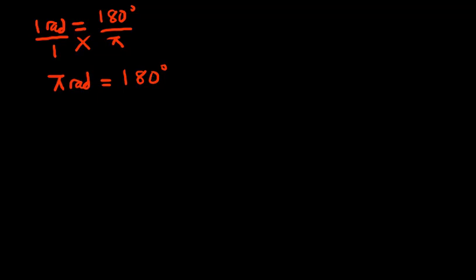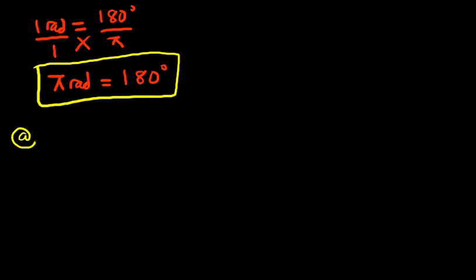So this is the very conversion that we are going to use as our standard conversion whenever we are faced with a problem. So let's look at one or two examples to better understand this. If we've been asked to convert pi over 3 from radians to degrees, we know that our conversion ratio, or what we are using to convert, is pi rad